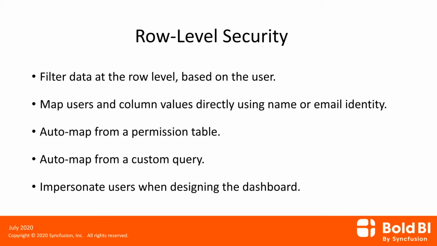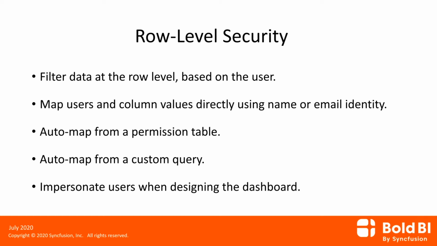First, I would like to go with the row level security. With row level security, as I said before, you have all the data in a single database, and the records are isolated using an isolation code for every user. In Bold BI application, we have a straightforward option to just map the user and the values or the isolation code so that when they log in and view the dashboard, those records are filtered for them, and it will be aggregated and displayed in all the key performance indicators that they have in the dashboard.